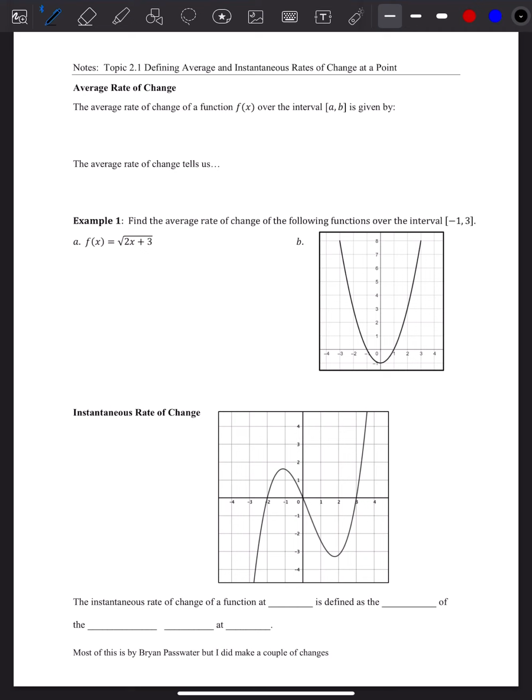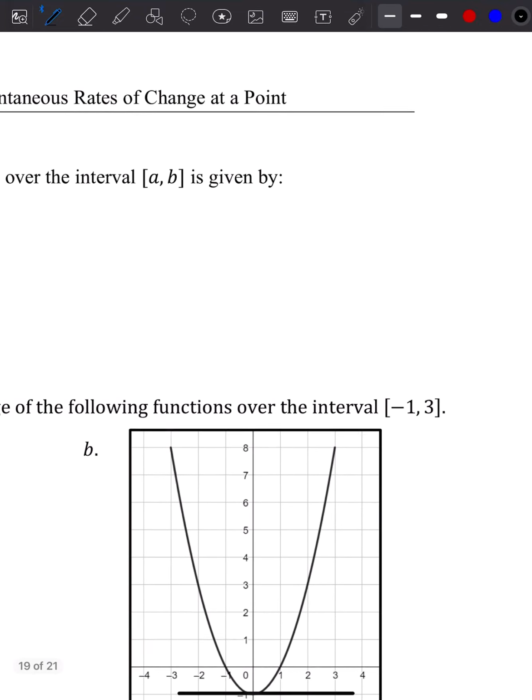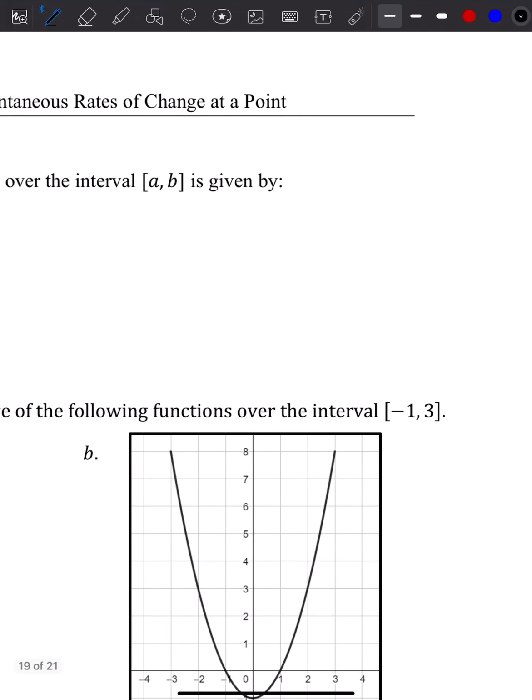So today we're going to be talking about average rate of change versus instantaneous rate of change. So let's start with average rate of change. Average rate of change is the change of a certain function over a specific interval, and that interval has to be a closed interval, so like from A to B. So we're going to abbreviate average rate of change